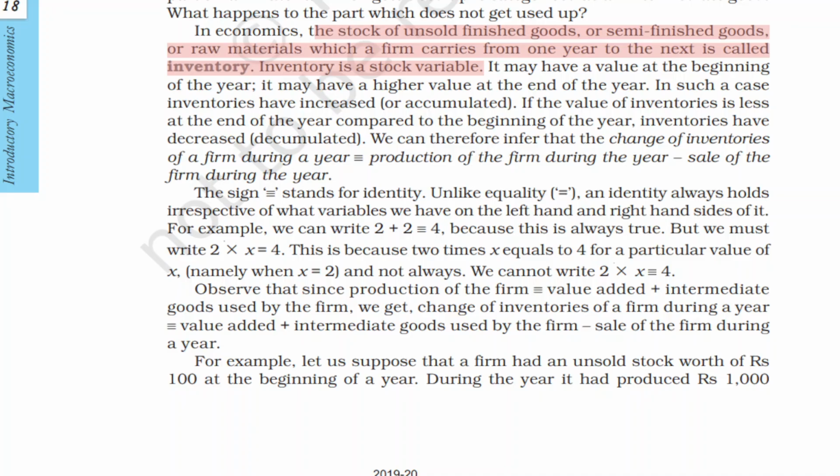How is inventory a stock concept? Now, you are a person who is owning a company, and if I ask you to go to your godown and check how many units of stock you have right now, then you will be able to calculate that it is 1000, 10,000. Will it change in the next minute? No, the stock will remain the same. If you have 1000 units at 11 p.m., then you will have 1000 units at 12 p.m. also. The stock is not going to change every minute, right? So we can calculate the inventory at a point of time. That is why it is known as the stock concept.